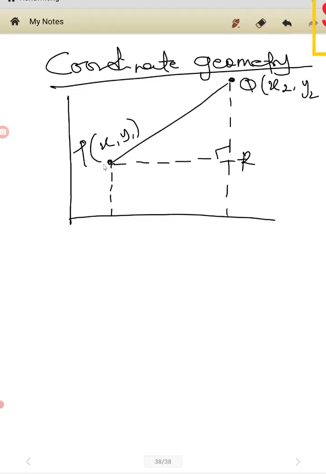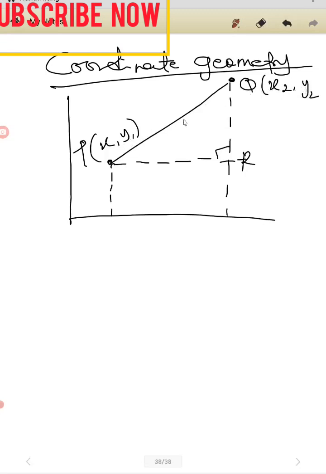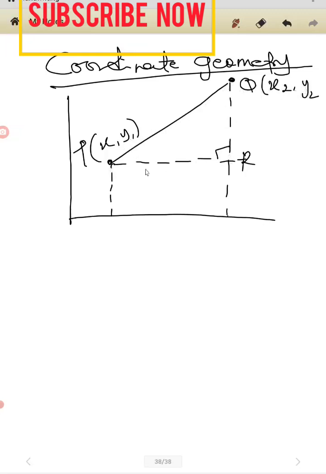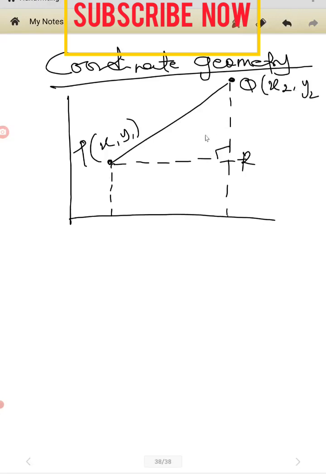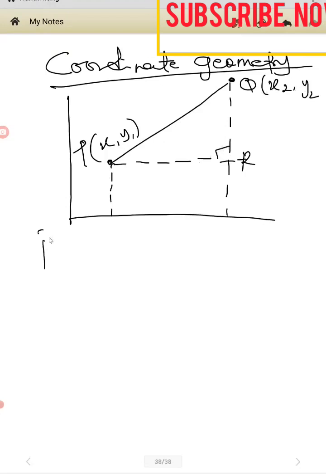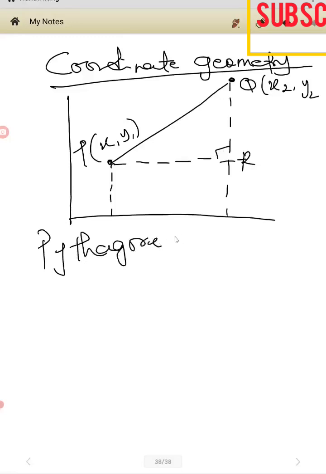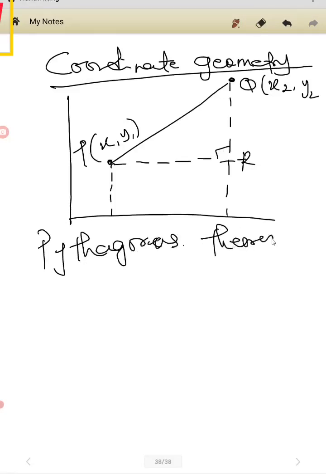If you study this point P, we have x1, y1. In point Q, we have x2, y2. Now, I want to know the difference between them, but they form a right angle triangle, whereby we can apply Pythagoras theorem. Therefore, if you apply Pythagoras theorem,